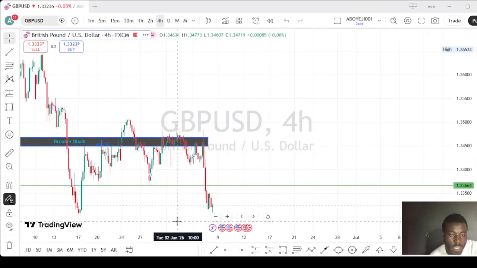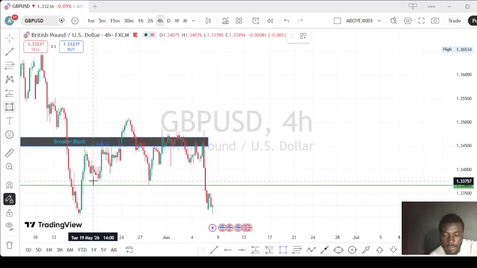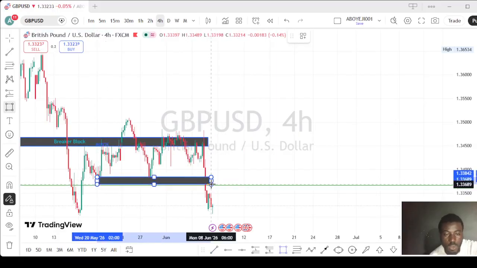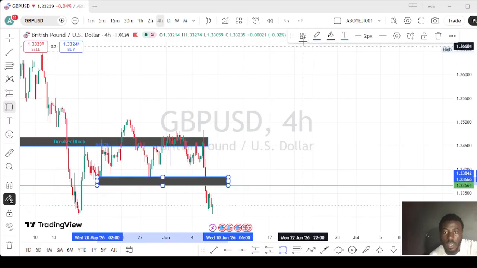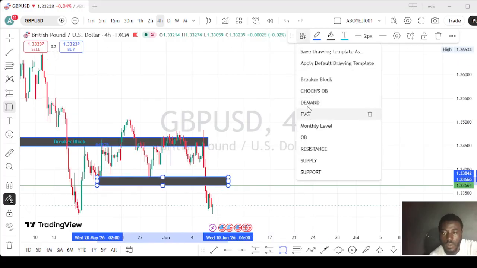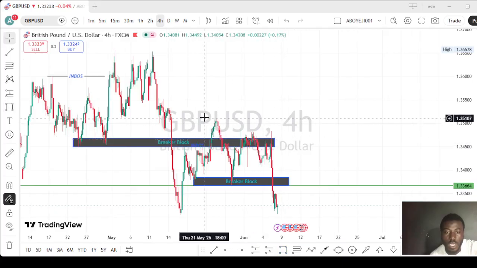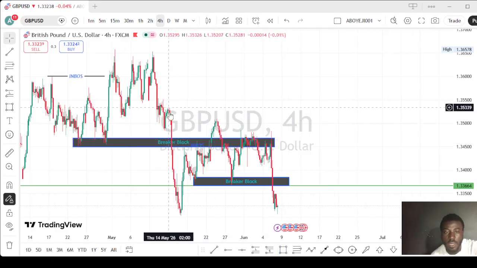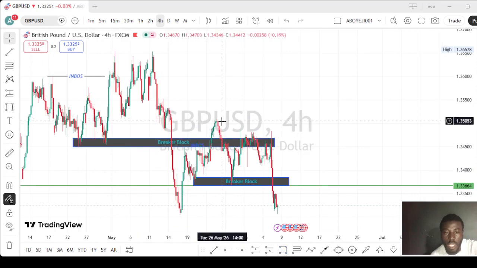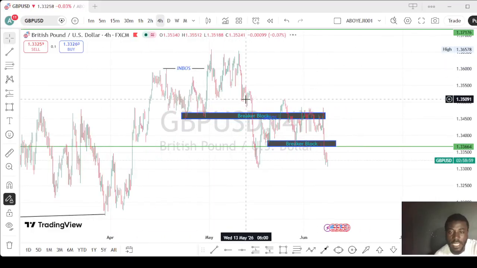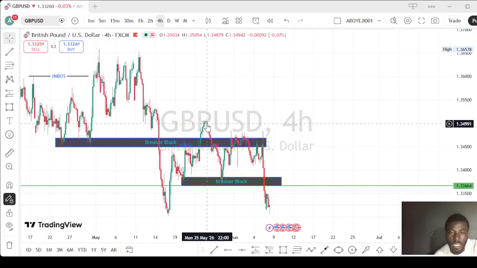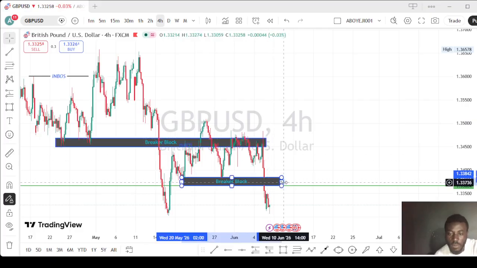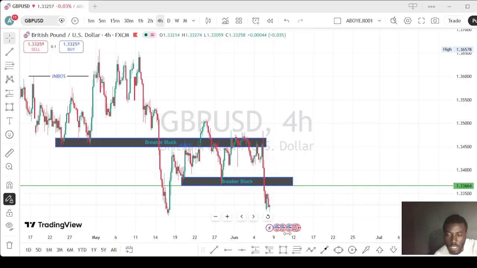You can see we have an internal break of structure here, and this demand has turned towards breaker block also, because you can see this is the high, this is the market. You can see how the market is giving us that trend. This is the high that the market created. The market gave us a lower high. The market gave us another lower high here. So let's be expecting another downtrend from this FVG, because the market is in this FVG. So let's see if we can expect another downtrend from here.